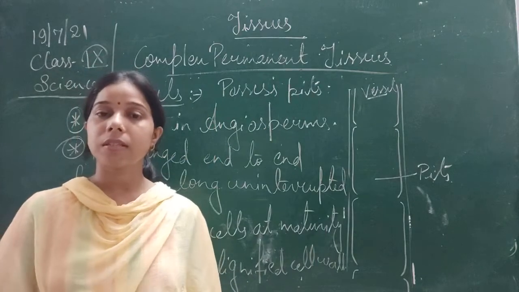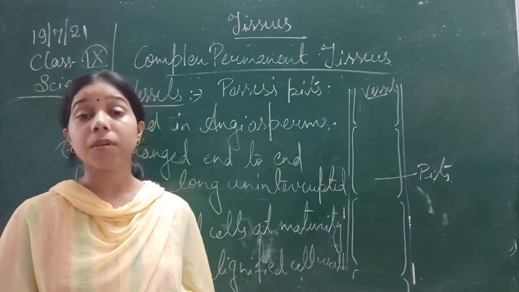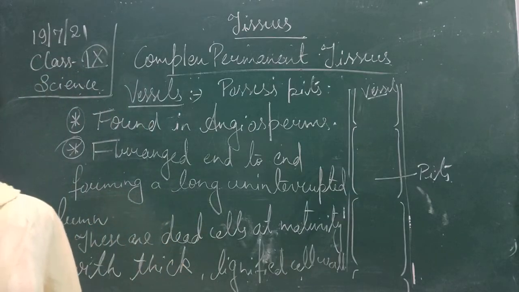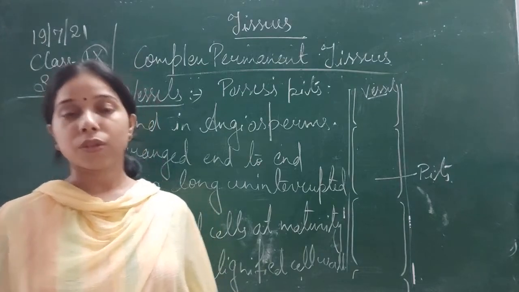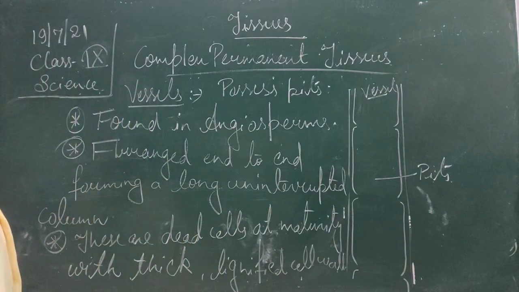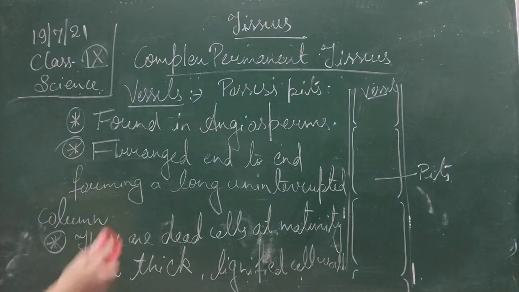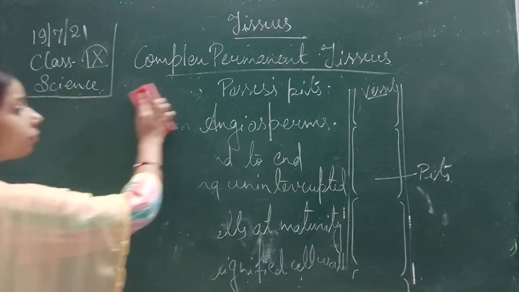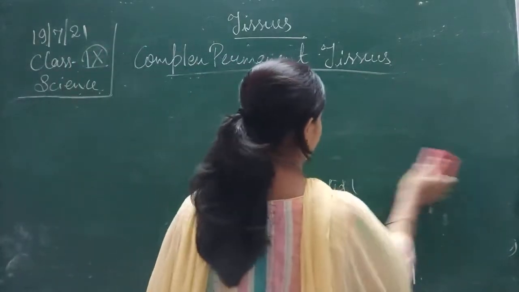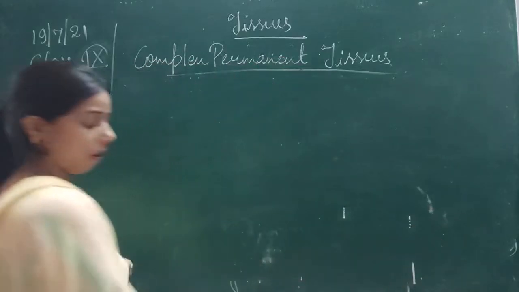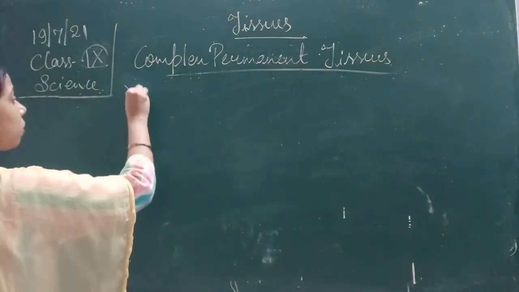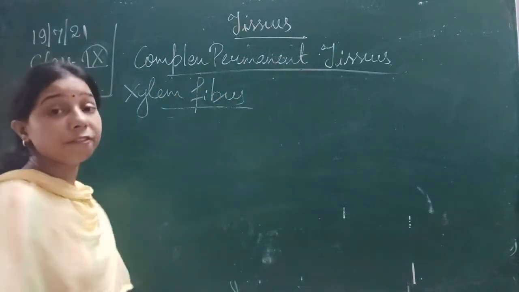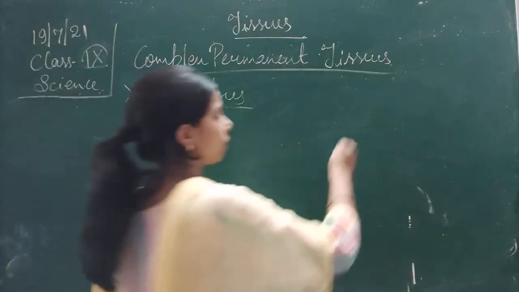So this is the xylem vessel as well as the xylem tracheids. There are two more things, which are called xylem fibers and xylem parenchyma. So let us see what xylem fiber and xylem parenchyma are. Xylem fibers, the structure is that